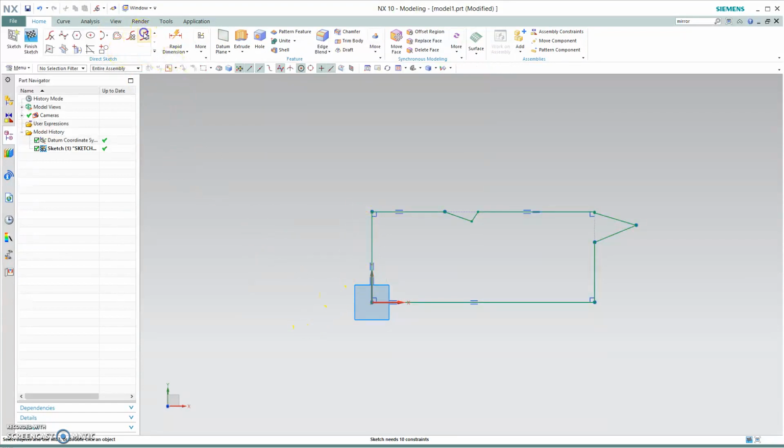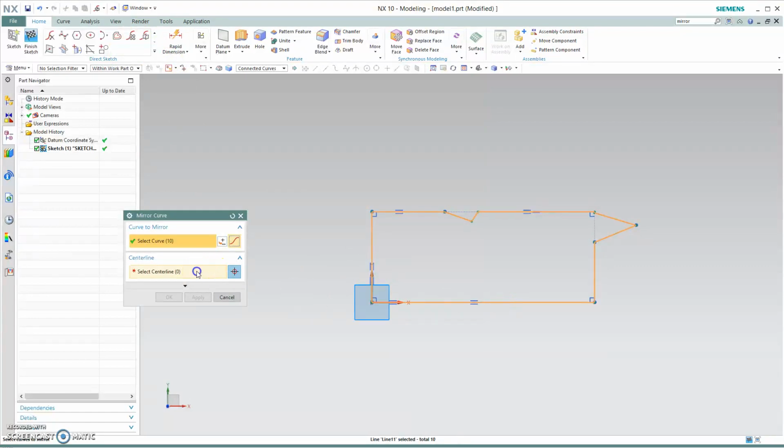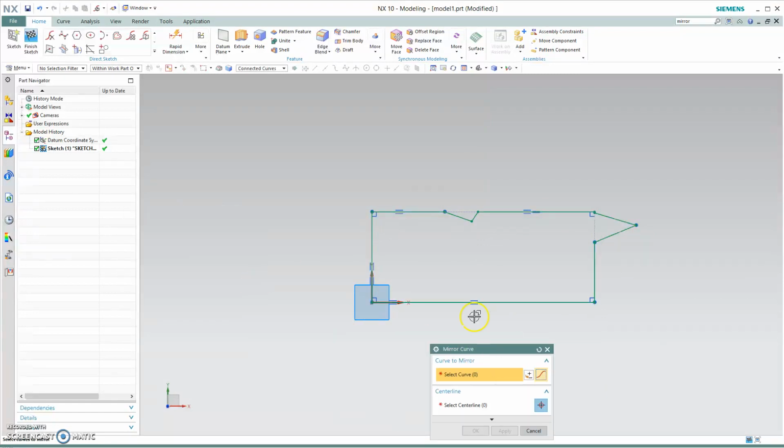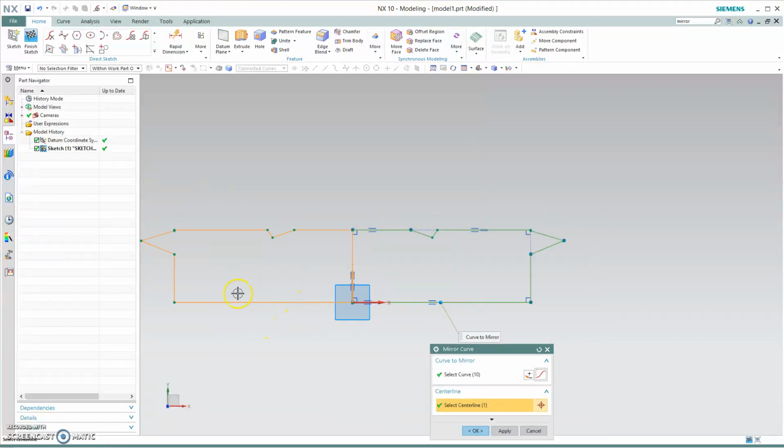Now, I pressed escape. I think it'll be better if I do it along the x-axis for you guys to see. And you see now it's along that edge. And if you want, there it is on Y. And that's mirror. That's pretty much all there is to it. It's just following the text box